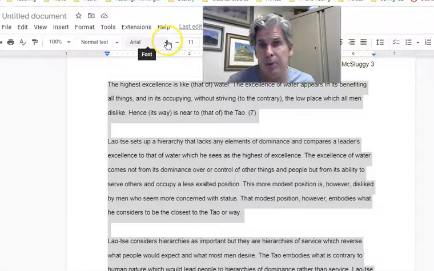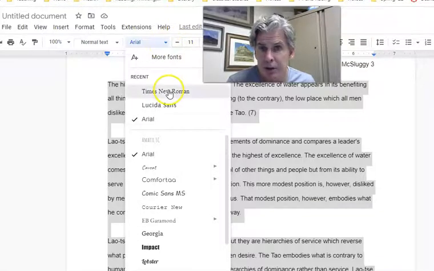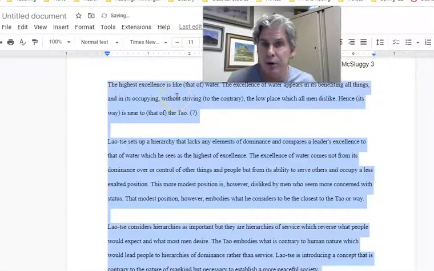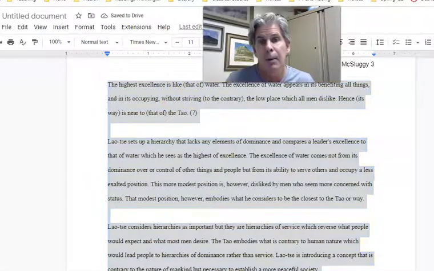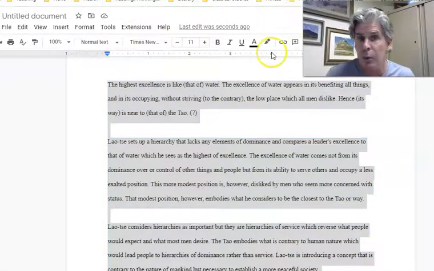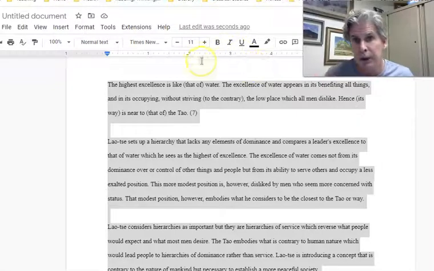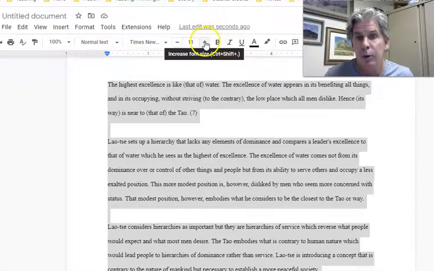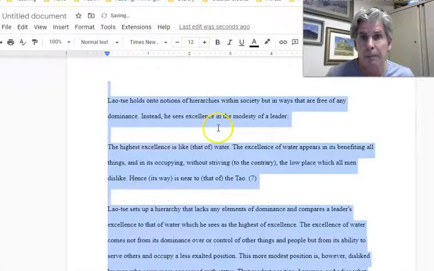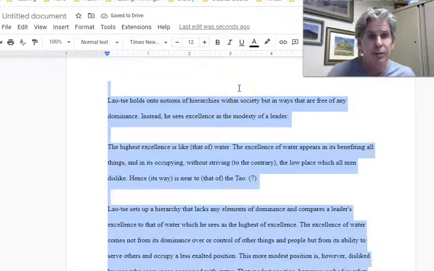Okay. While we have the whole text selected, we're going to turn it all into Times New Roman. I'm asking for Times New Roman. I am asking for it because it's easier for me to read. Okay. MLA does not require any font. Okay. They tell you to follow whatever the instructor tells you. So I'm going to ask for Times New Roman. And so there you go. And then make it all 12 point. There you go. And that applies to everything, top to bottom of the essay.